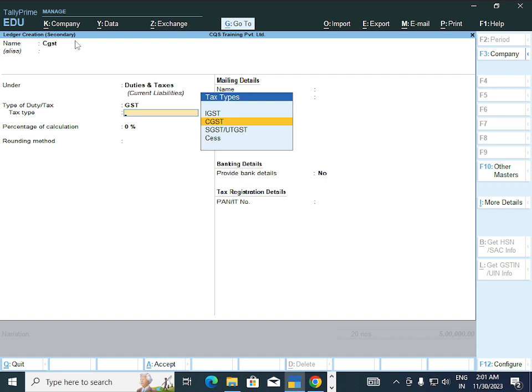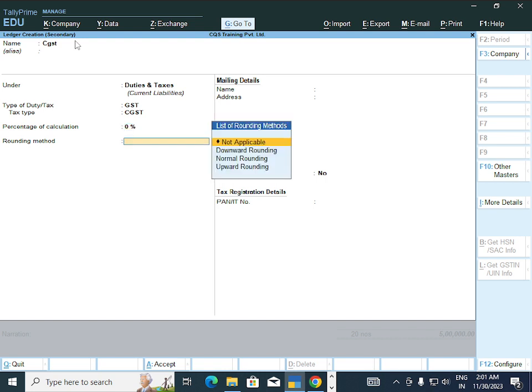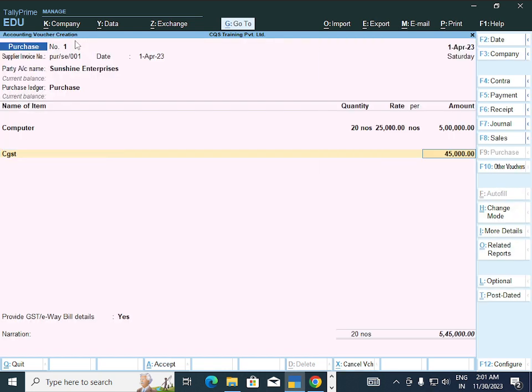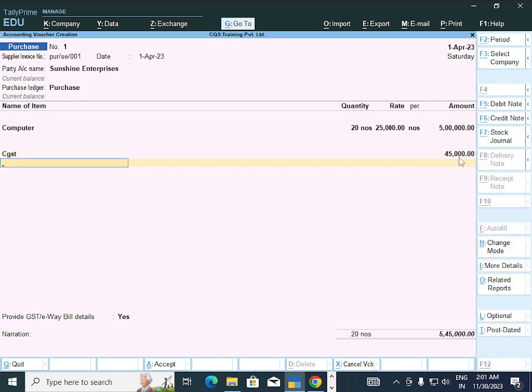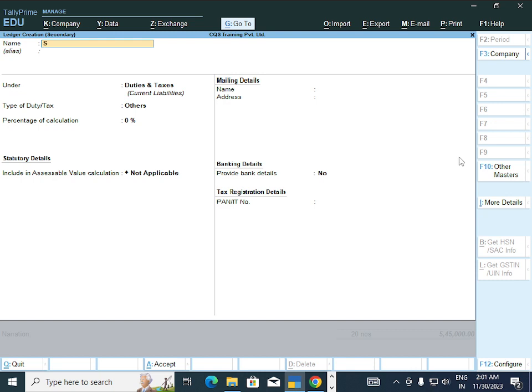Tax type is CGST. We don't want to activate percentage here. You can see CGST will be applicable. So tax will be charged. Enter again, Alt C, SGST.